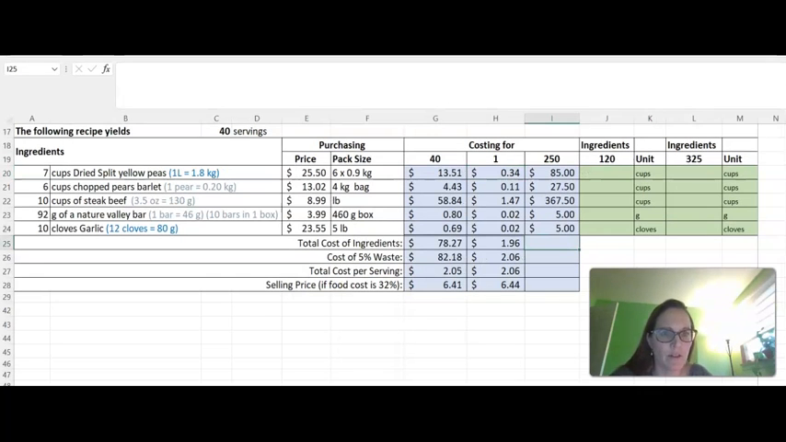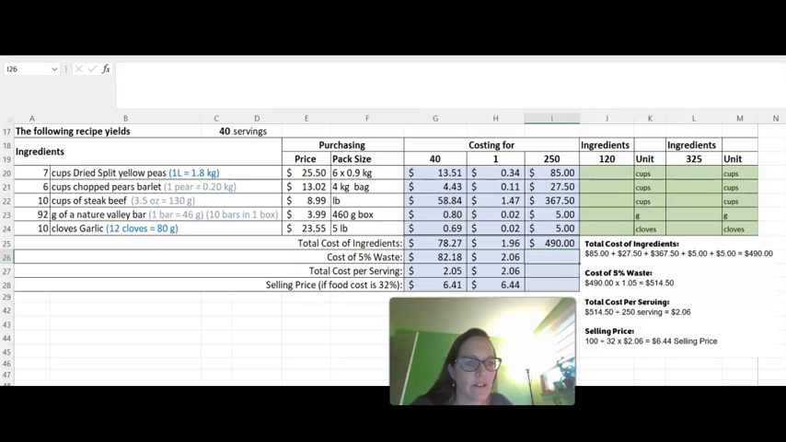So we're going to do our auto sum. Make sure that the right cells are selected. Press enter, and we get $490. Again, we're going to reference our written calculations here on the right. So for the cost of 5% waste, we're doing our equal sign, and then we're clicking on our 490, and then we're going to multiply that by 1.05 and press enter, and we get